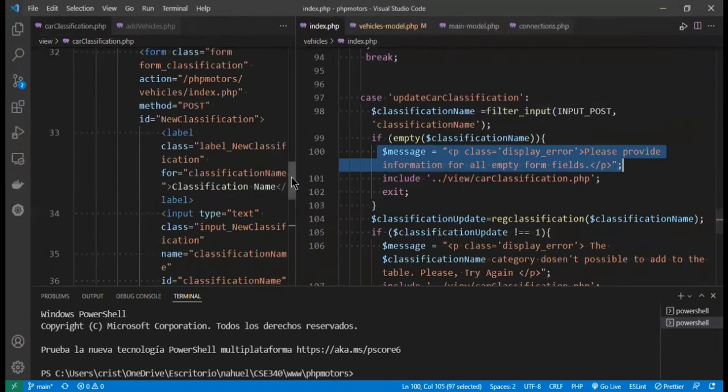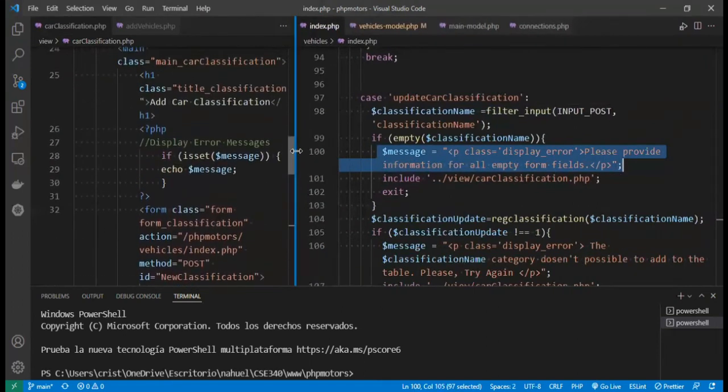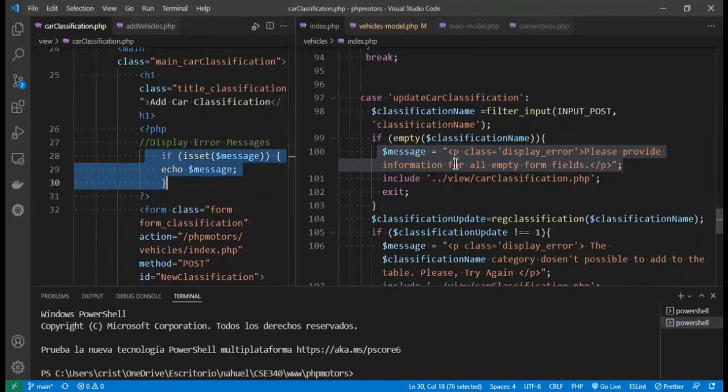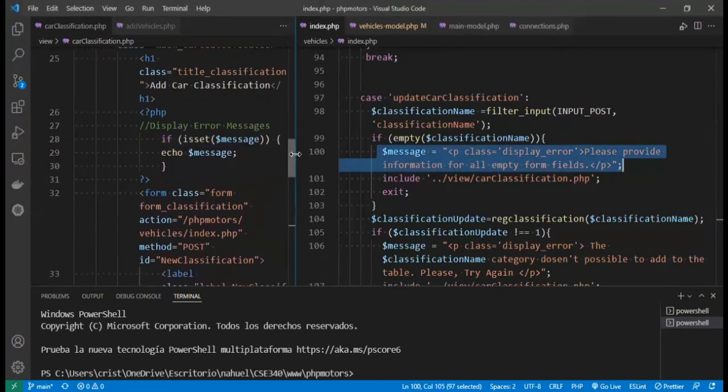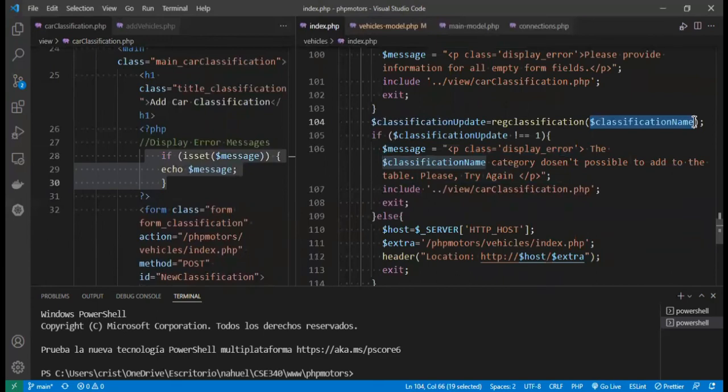And we will display this message here in the HTML file with this PHP statement, for example. But if not empty, we call the register classification and we use the classification name variable to